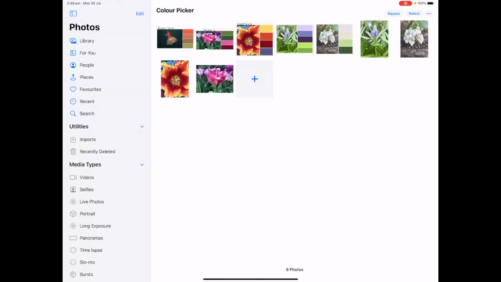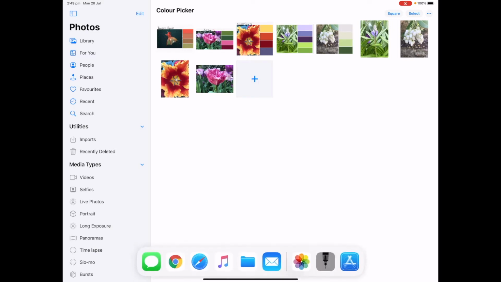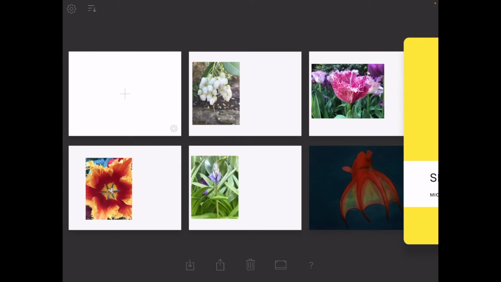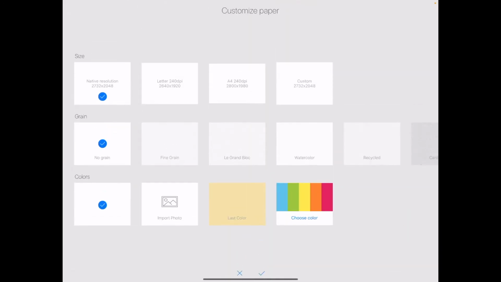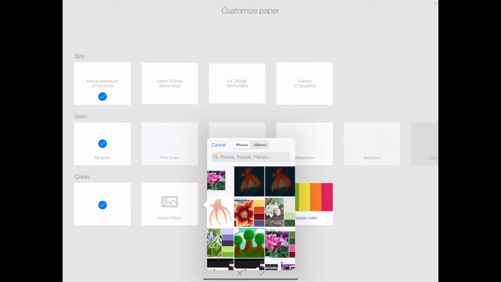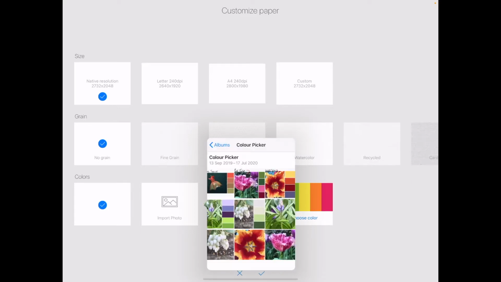We're going to open up Sketches and quickly set up one of these images, and then we'll come back into Photos and do the task. So within Sketches, I'm going to tap on the cog settings wheel and tap on Import Photo and then find the picture that I want. So I'm going to grab this tulip photo that I took last spring,